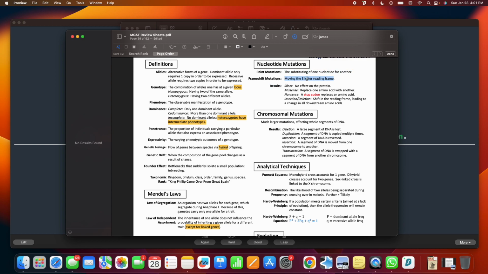So frame is for the three-letter. You know that we read the codons three by three, and each three gives an amino acid for a protein. So yeah, that's the frame, right? Frameshift mutation. But only one nucleotide, that's point mutation. And the results, however, it could be silent, having no effect on the protein, because we have